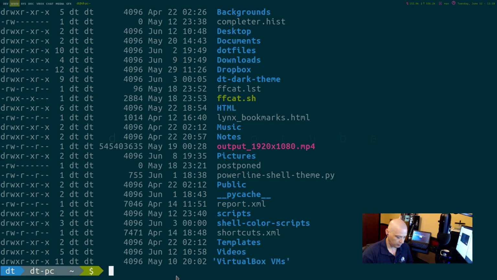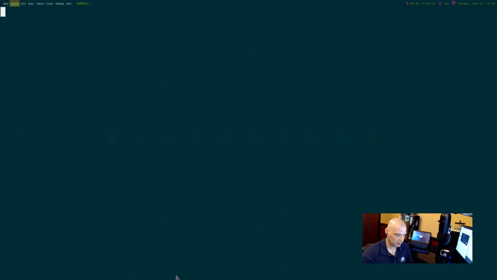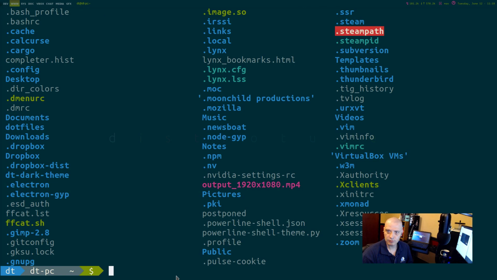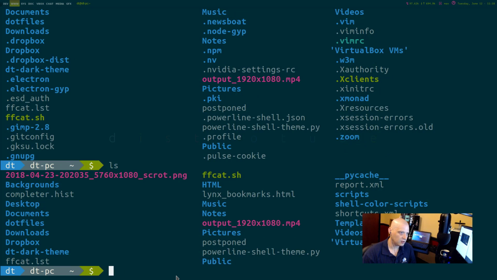One thing we need to discuss. Let me clear the screen again. Type clear. ls space -a. You notice when I do ls -a instead of just ls by itself, I get a lot more files and directories returned. That's because ls by itself does not show hidden files and directories. What are hidden files and directories? Those are all the files and directories that start with a period. Your dot files. They are hidden files on your system. By default, ls does not show them.